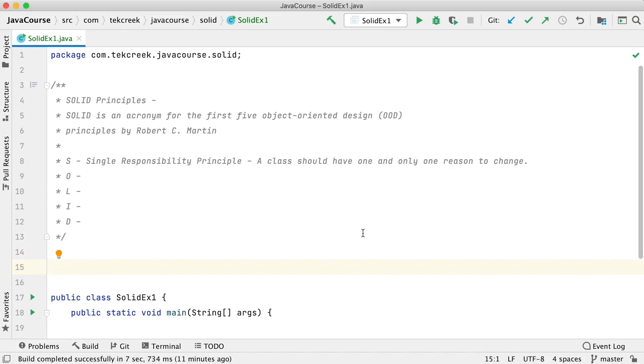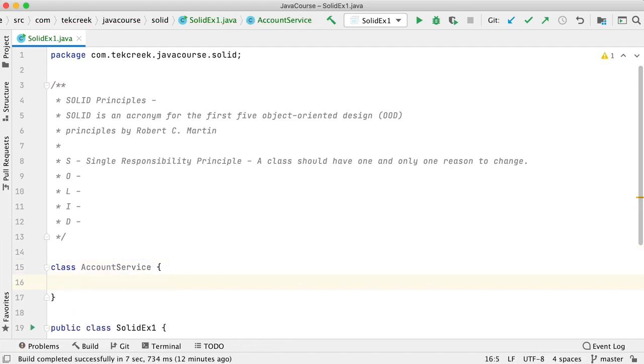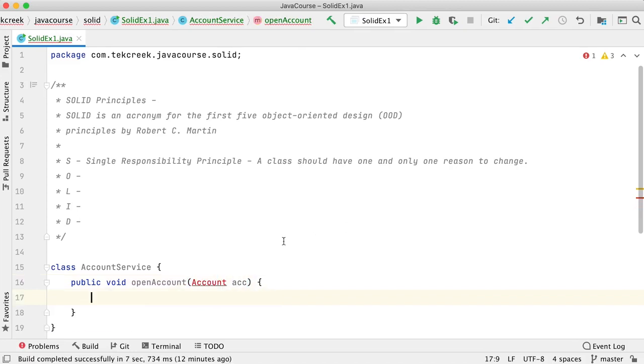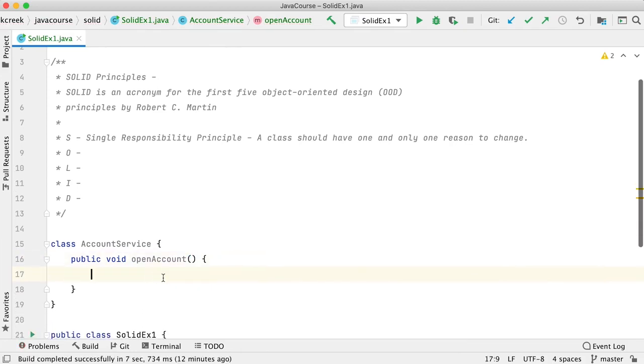Let's start off with a class called AccountService. I'm not taking an account POJO, an account class and all those things, passing arguments and other stuff. Let's keep it simple, guys. Say there is a function called openAccount, and this might take some account object and all the other stuff, but I'm avoiding this for now. Let it be simple.